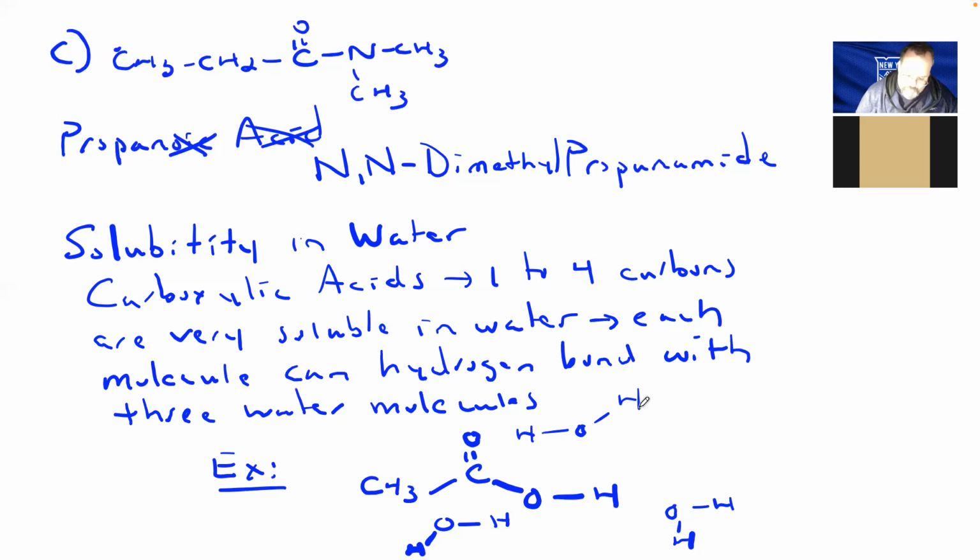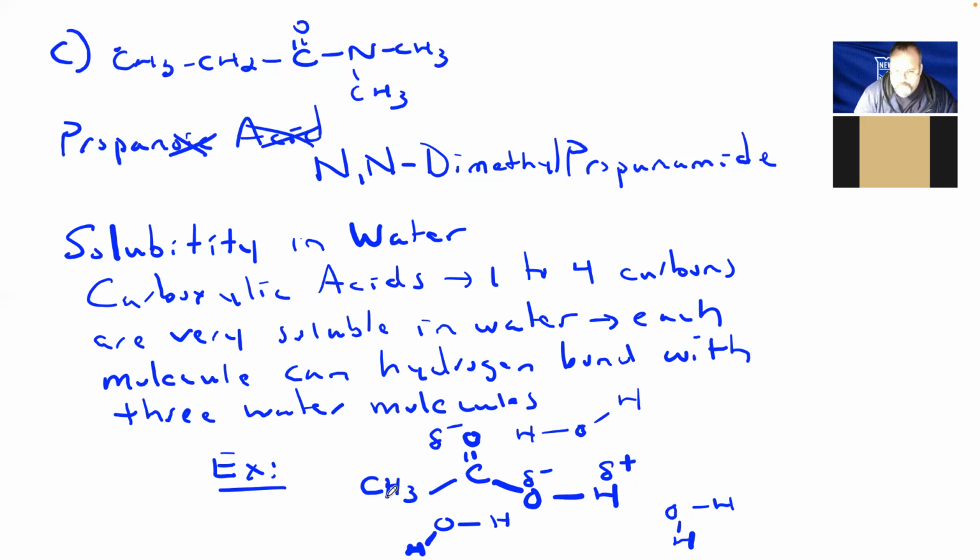The 3 that are relevant here are the ones on the oxygens, which are both partial negative, and the one on the hydrogen of the carboxyl group, which is partial positive. Now remember, there are other hydrogens in the structure. There's 3 on the carbon, but remember, carbon to hydrogen bonds are not polar, and they are never involved in